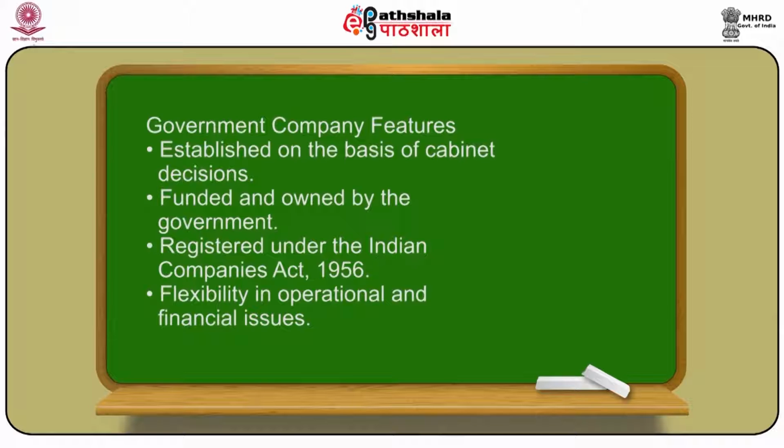The last form of enterprise is the government company. A government company is very simple to establish. It does not require parliamentary approval from time to time. So the government company can be established by an executive order. Simple. A cabinet committee or a cabinet can meet and pass a resolution that itself can pave the way for the establishment of a government company. It is as simple as that.